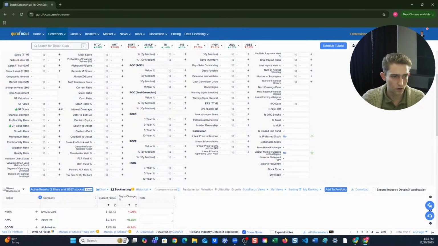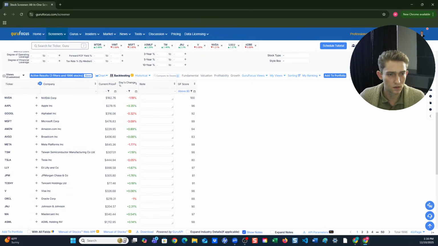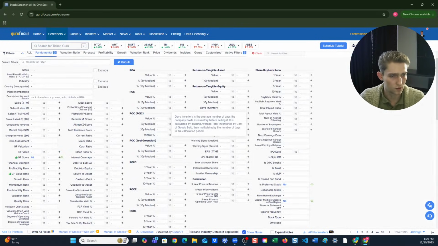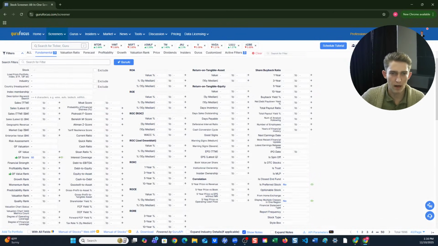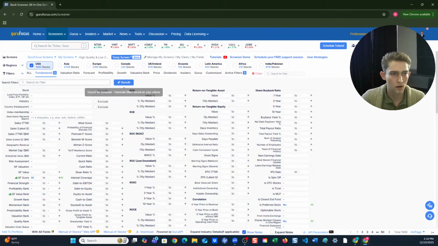So for example, if we come over here to the GF Score filter and add an 80 to the left column, that's going to set a minimum GF Score of 80. And as we can see, it's going to filter out everything that doesn't meet that GF Score qualification. As you continue adding different filters here, that would continue refining that list based on whatever qualities you were interested in, whether that be fundamentals, profitability, growth, price metrics,